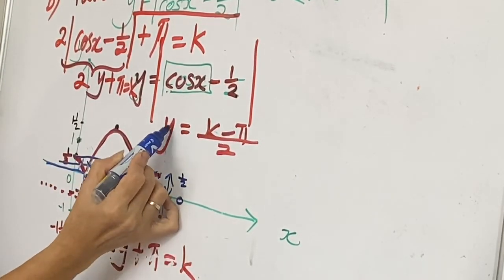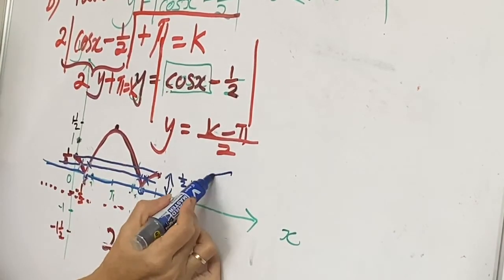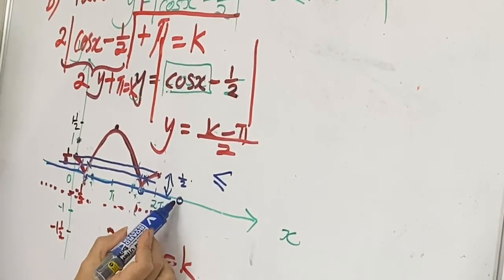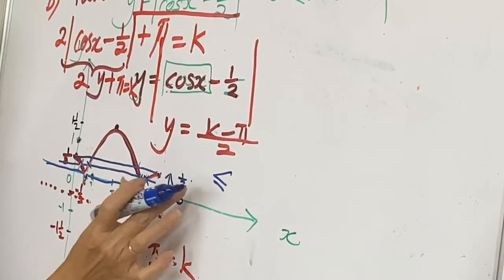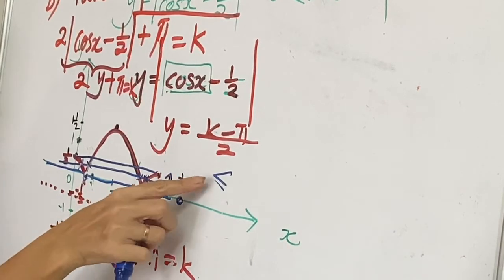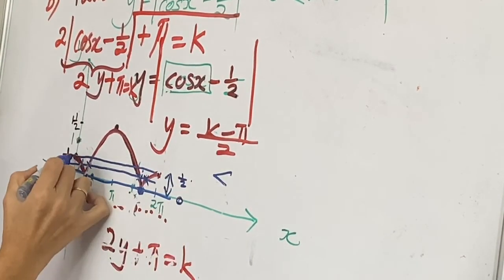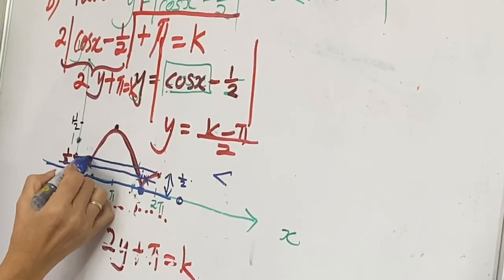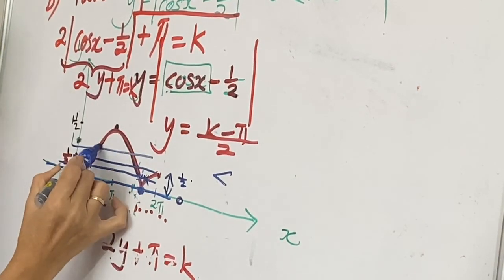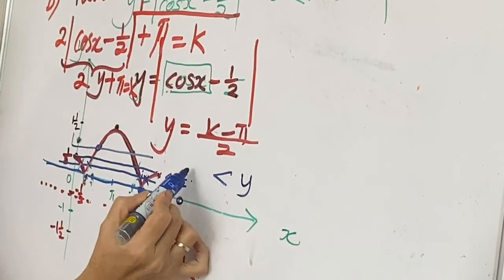When we have a range, 0 cannot be included, because if y is 0, it will have 2 intersection points. It should be more than 0, meaning above here, but it cannot be more than half. More than half, you get 2 intersection points here. So that means y should be between 0